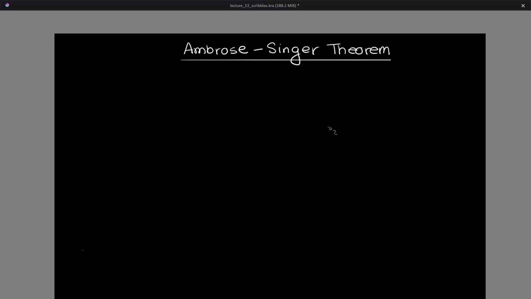What is the Ambrose-Singer theorem? Well, the Ambrose-Singer theorem gives us a connection between the Riemann curvature and the holonomy of a manifold. So what does it say? If we have a Riemannian manifold (M, g) with the Levi-Civita connection, which is guaranteed by the fundamental theorem of Riemannian geometry, then what we get is that the Lie algebra